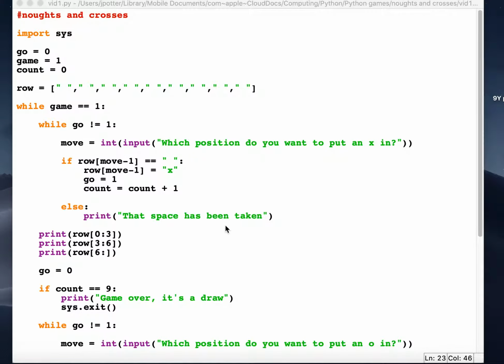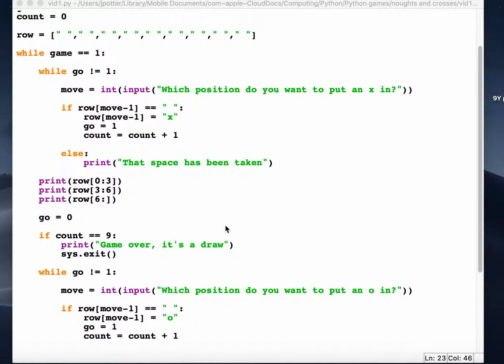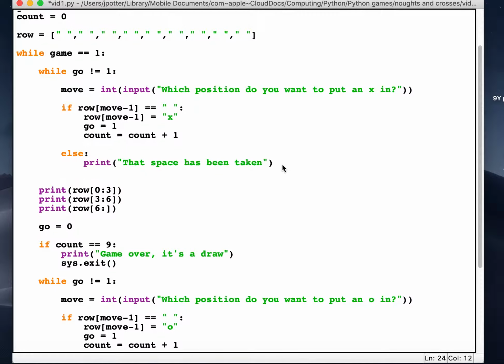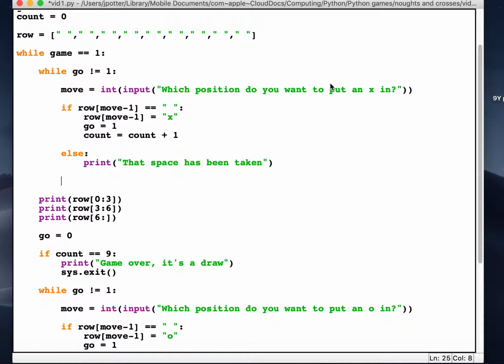So we've had a look at the draw. We're going to have a look at how to do it if a player wins or not. So I'm just going to go down. This is the X player, so player 1. And under the if and else we did earlier, where it was going to move the X into a space or not,